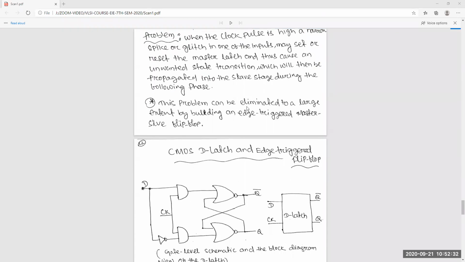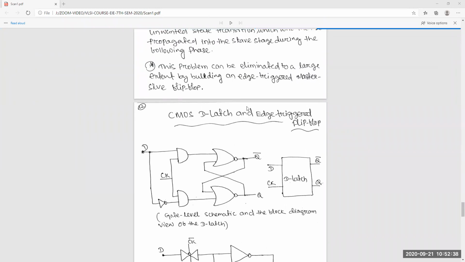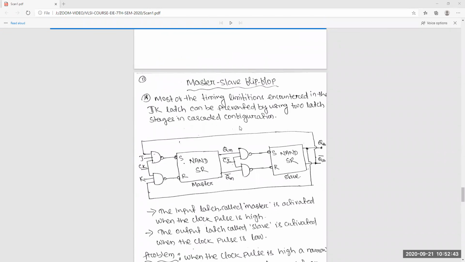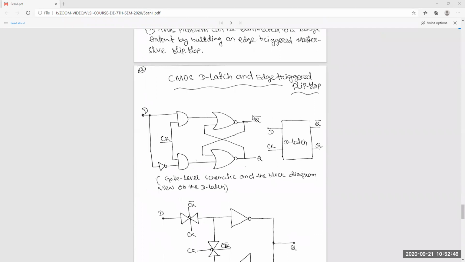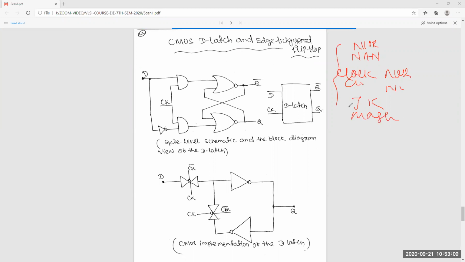Okay. So now in all cases, whatever we have discussed till now, all the latches, whether it's NOR based or NAND based, clocked NOR or clocked NAND, then JK, master slave, in all cases the number of transistors is very, very high.